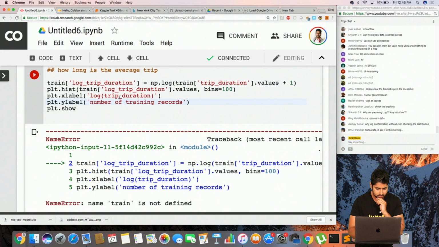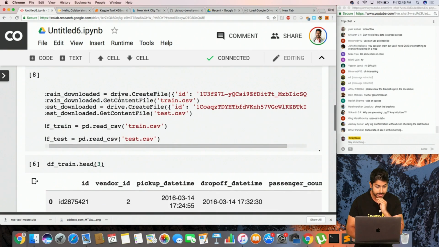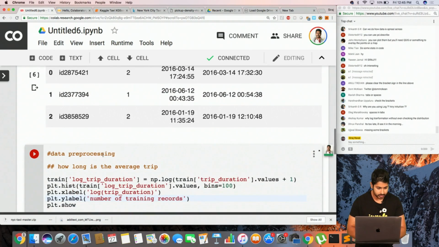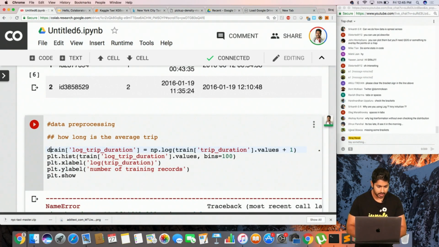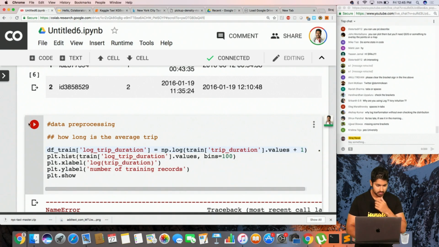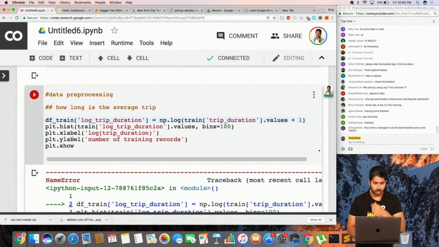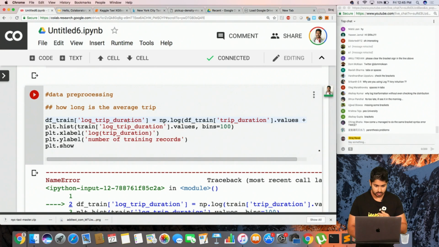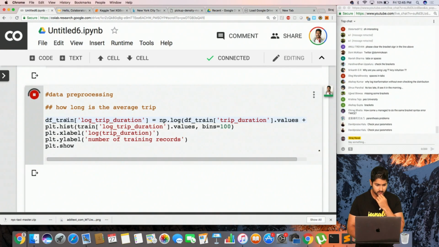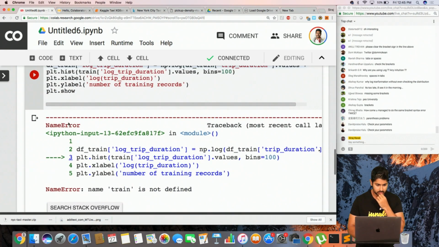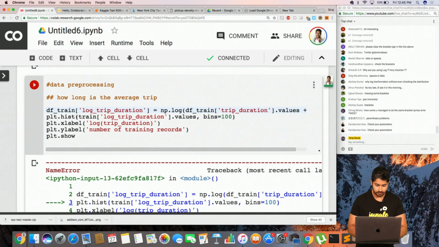Oh, df train. That's what it was, not train. What do you mean train is not defined? Oh, right, df train. I keep using it, right. So every time I use it.